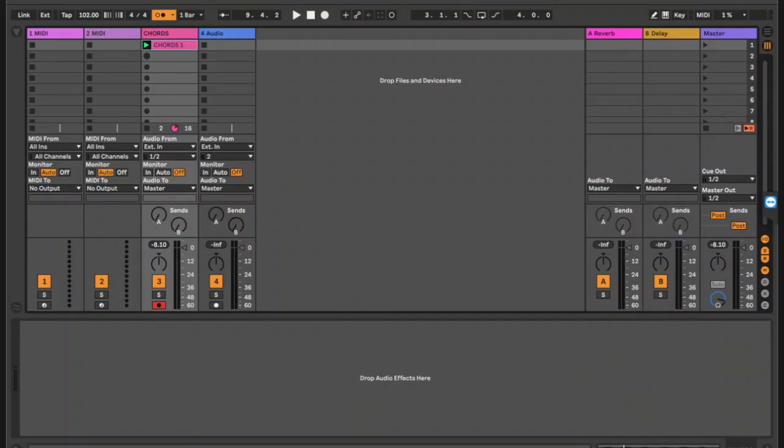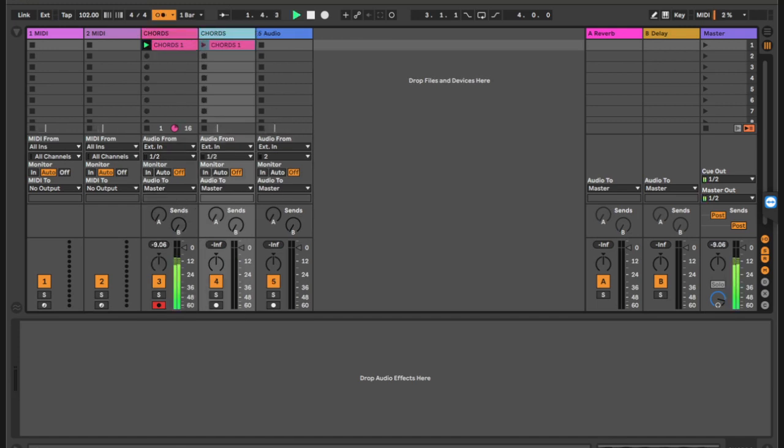Nitaendelea tu kuongea, you know, why Ableton is cool. The other reason why Ableton is cool is because it has inbuilt quantization. So nikianza kurecord hapa, once I start and stop recording, I can quantize it to 1 bar. Ndio ikitengeneza hii loop itakuwa on time. And with that, I'm going to continue jamming, adding more instruments from the keyboard.